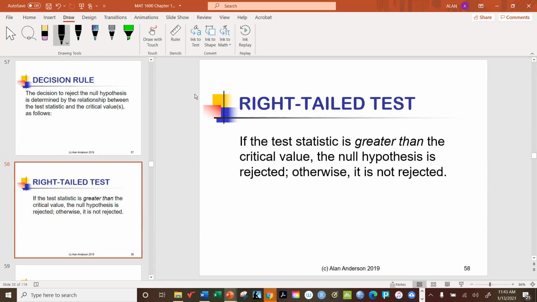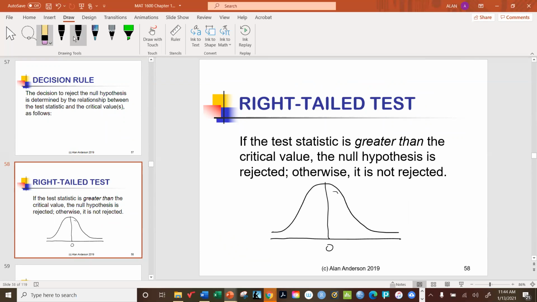Okay, so with any right-tailed test, we have a single critical value, whether it's based on the t or the z. I'll just call this critical value. And this is what we will call our rejection region. With the left-tailed test,